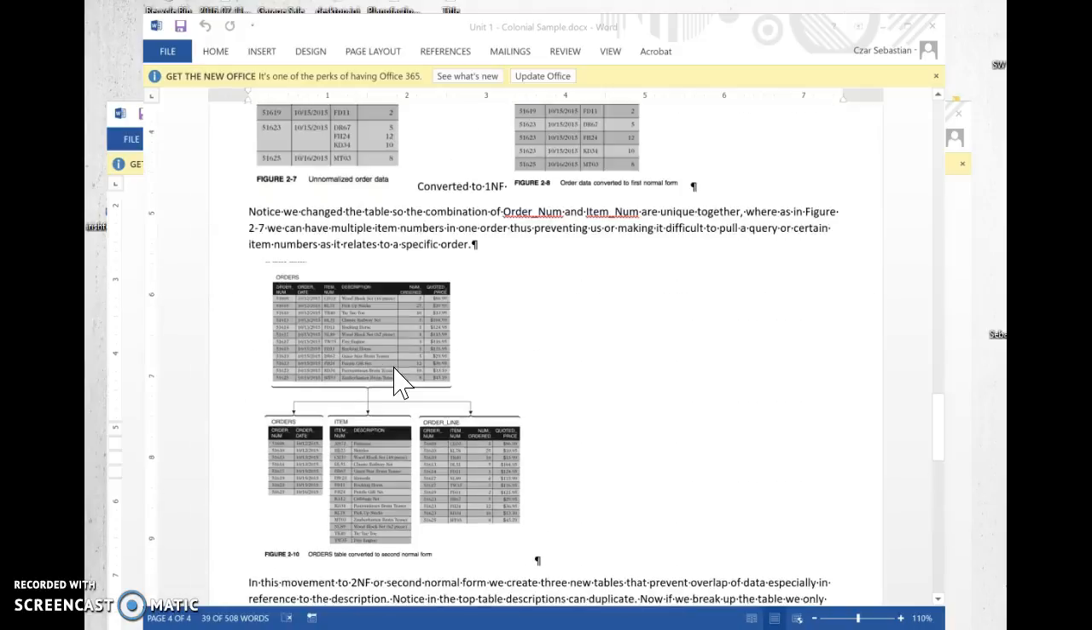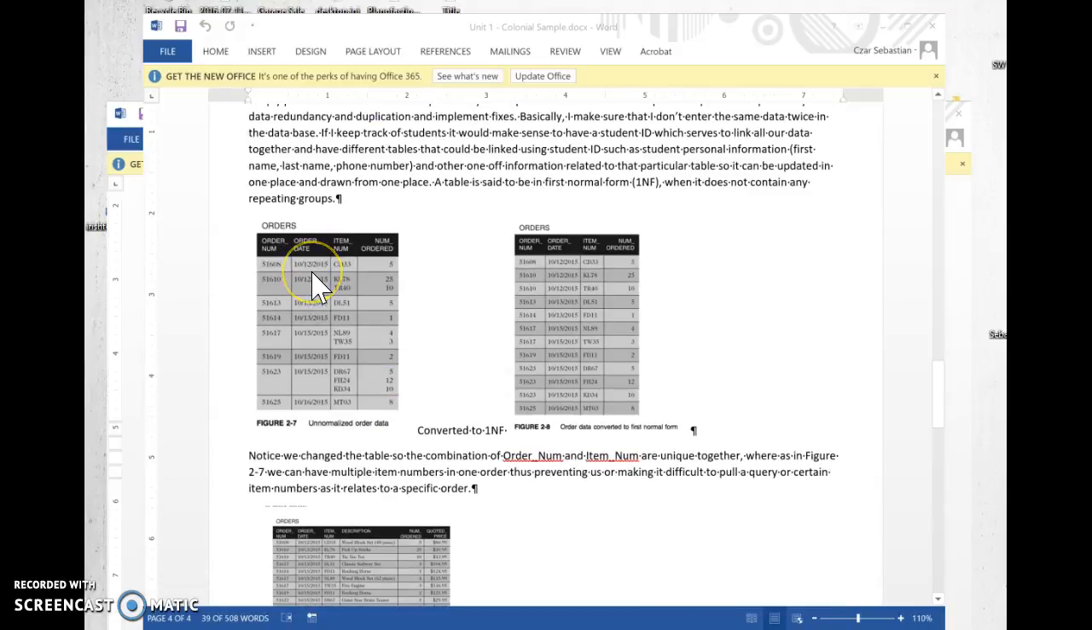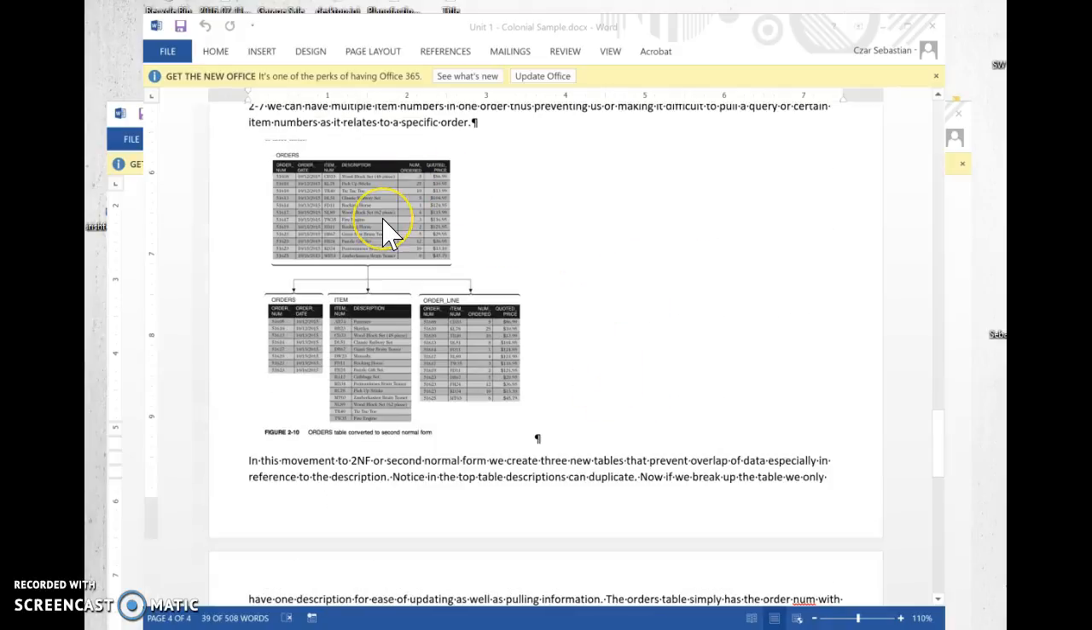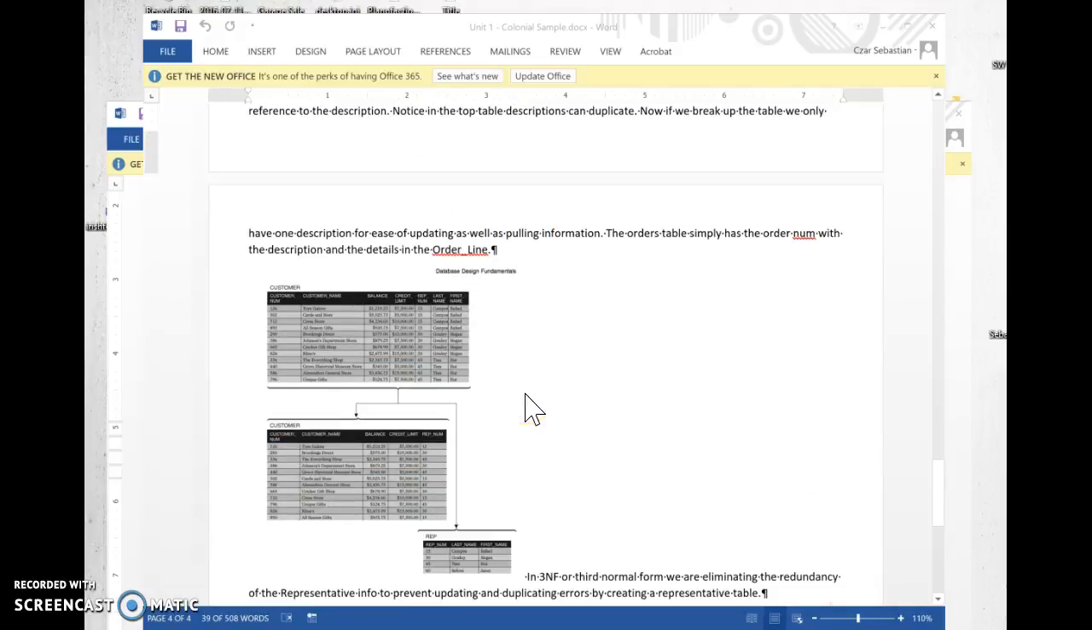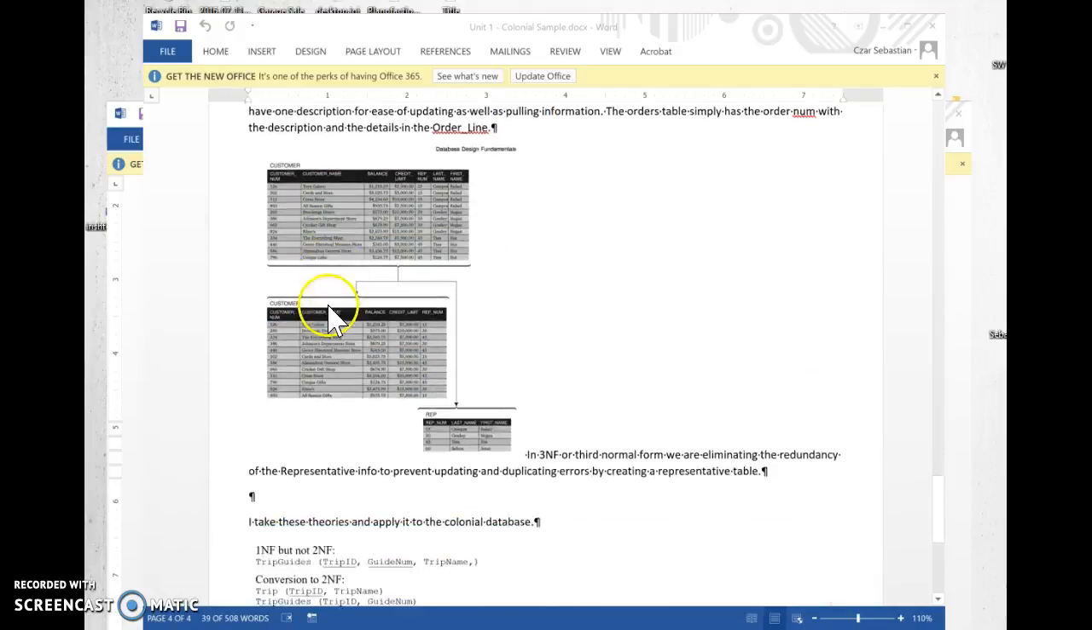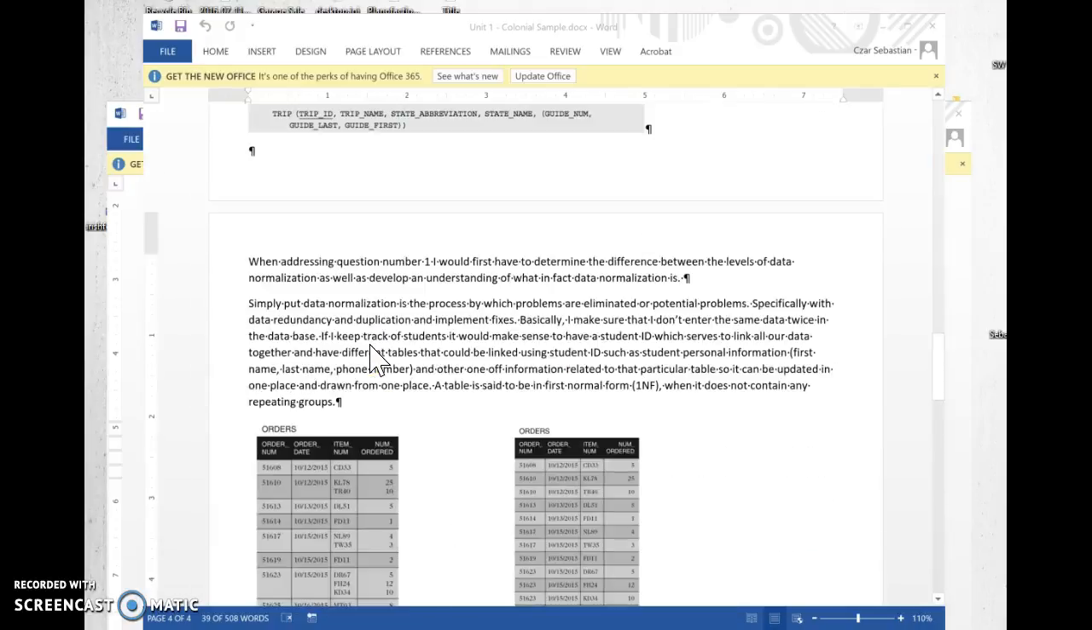It's just a matter of I'm going to take this table that has duplicates, and I'm going to move it over here. I'm going to take this table that has duplicates, and I'm going to break it up so it doesn't. Then I'm going to take this table, and it has duplicates, and I'm going to break it up so it doesn't. So ideally, this set of tables right here could have been my first normal form